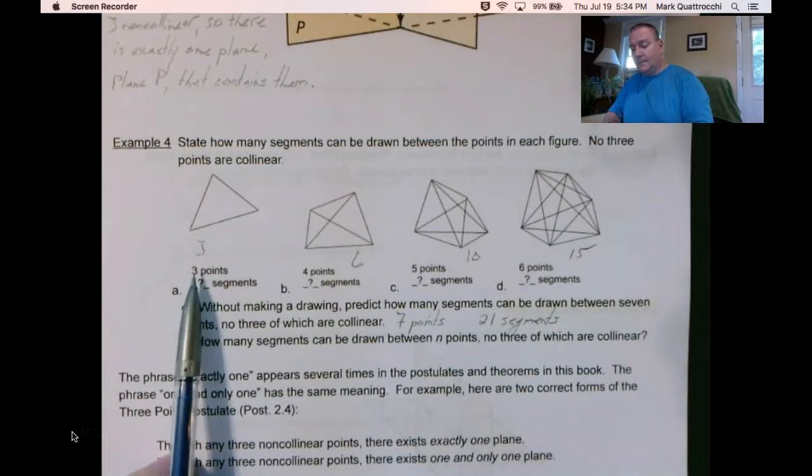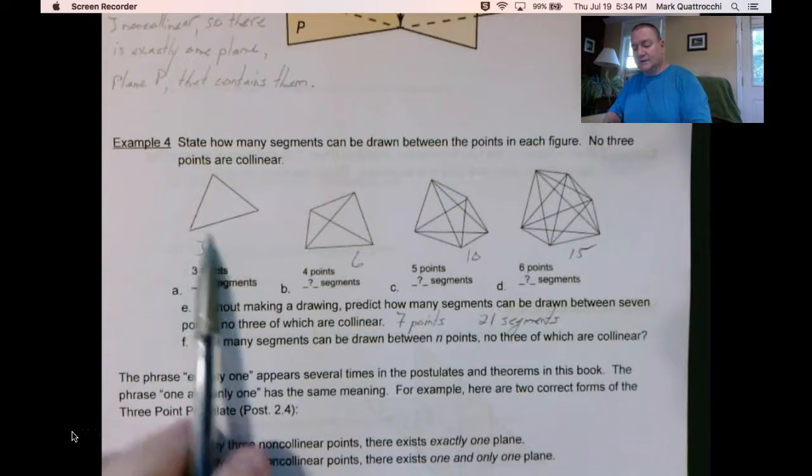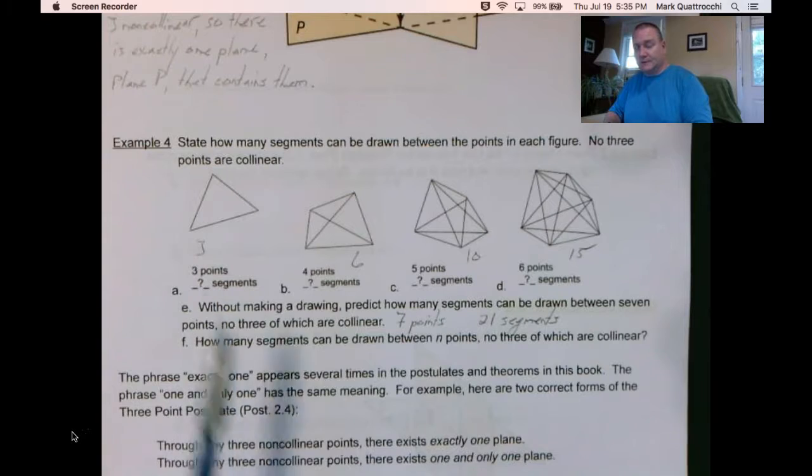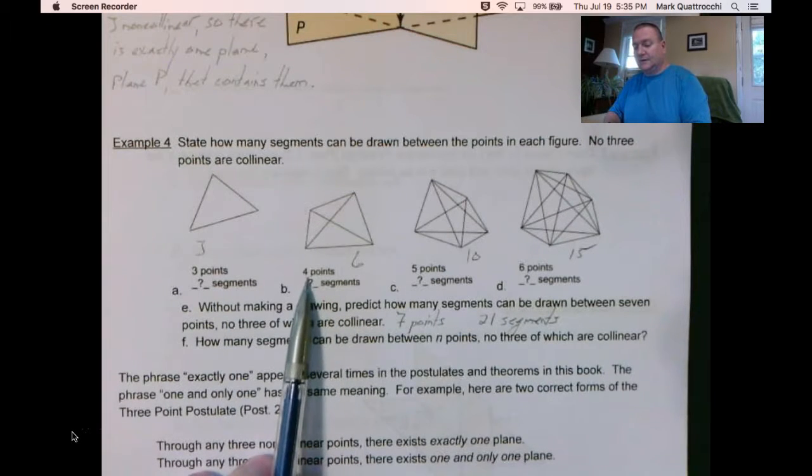Well, this one's harder to see because it looks like a direct relationship. So we'll have to do something else. Let's take a look at this one. 4, 4 times something.